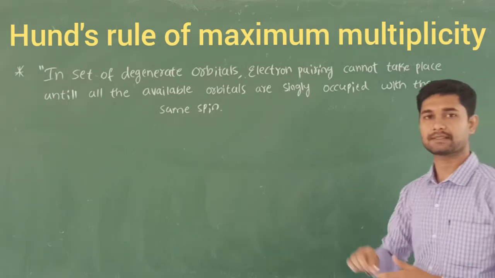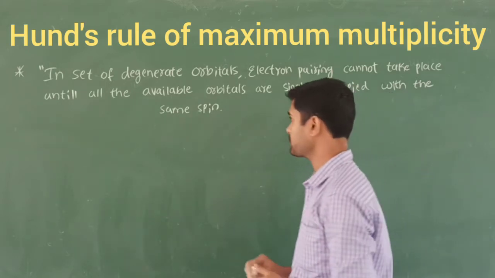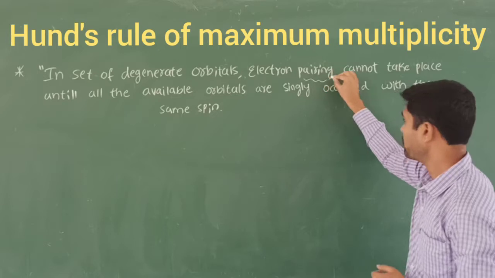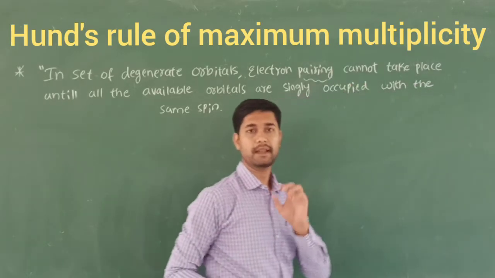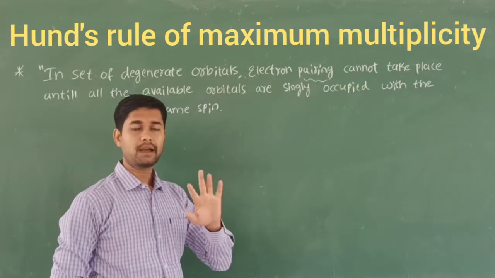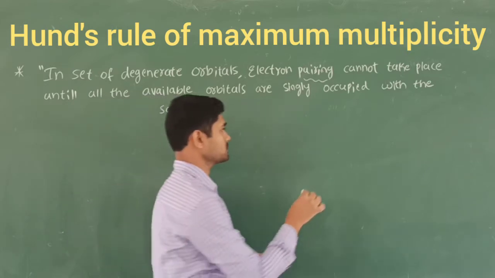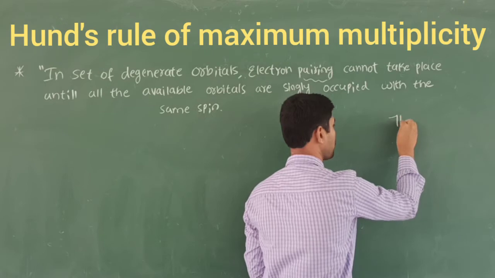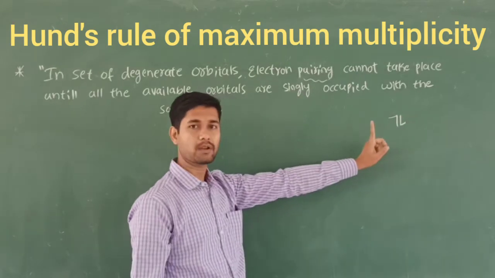In order to understand this statement, let me take an example. Before that, there is one term we need, called pair. To fill the electrons in one orbital, pairing and unpairing will take place. Just see here, pair means like this. This is called a pair, this is called one pair.